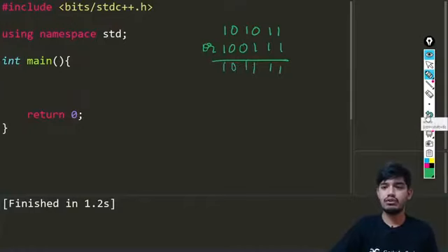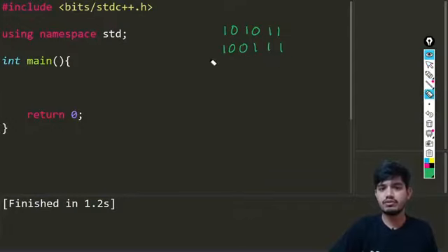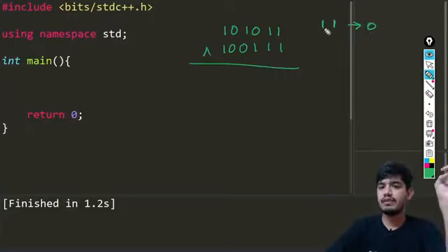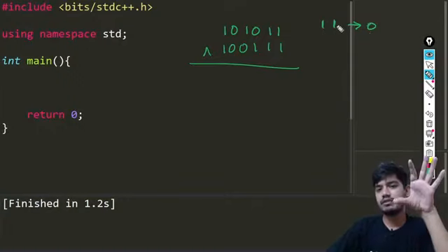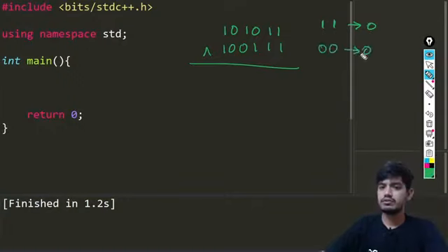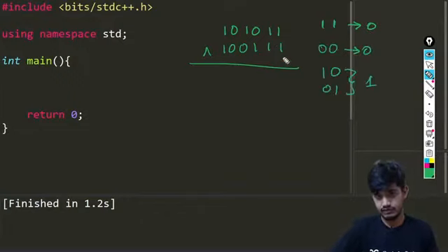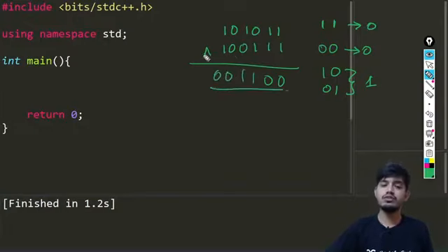Let us talk about XOR, which I think I didn't talk about. If we take an XOR value, I'll just show you the example itself. Suppose I'm taking XOR for both these values. You can see if we have the same bits, for example 1 1, you'll get 0. If you have 0 0, you'll get 0. If they are different, then in both cases you'll get 1. So 1 and 1 are both equal, so you'll get 0. For this you'll get 1. For these zeros, this is what happens when you take bitwise XOR.